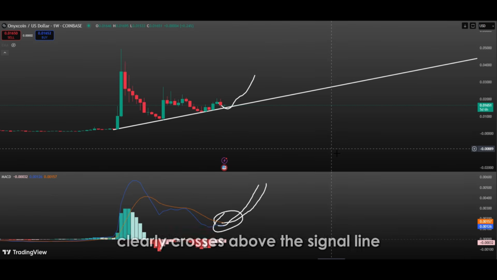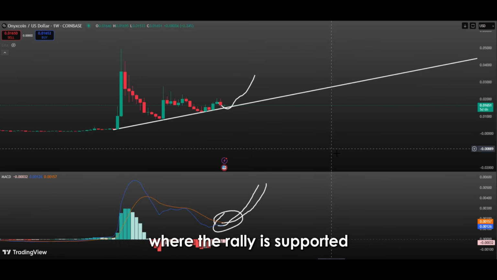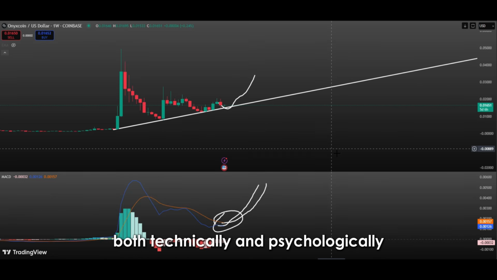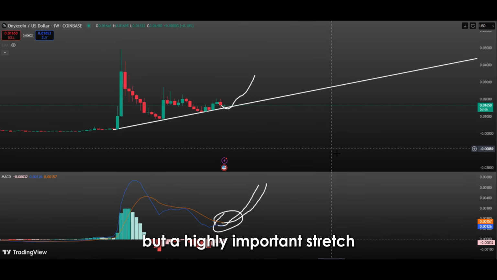Especially when the MACD line clearly crosses above the signal line and the histogram bars transition into the positive zone, investors may take positions more confidently. This creates an environment in the market where the rally is supported both technically and psychologically. Therefore, the MACD crossover is not just a signal, but a highly important structure that may mark the beginning of